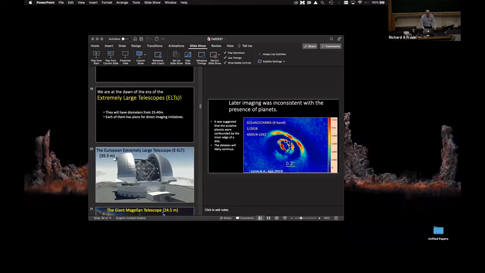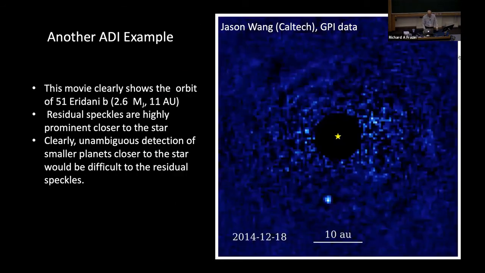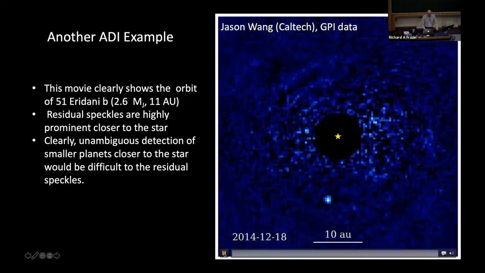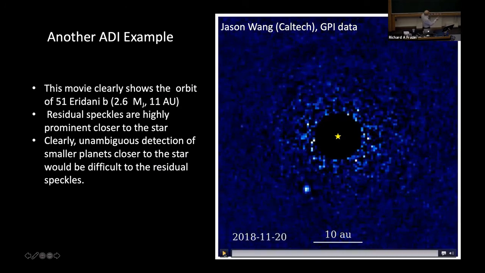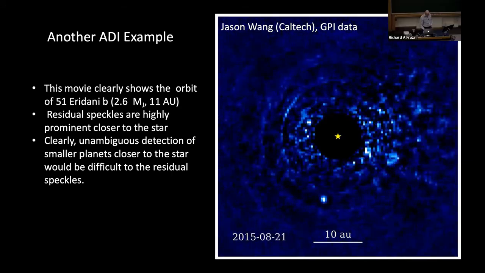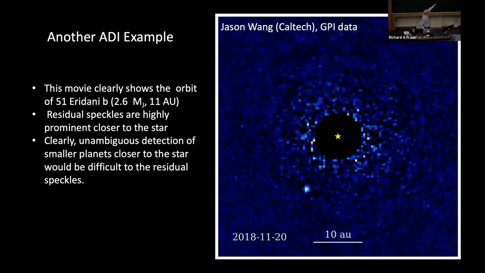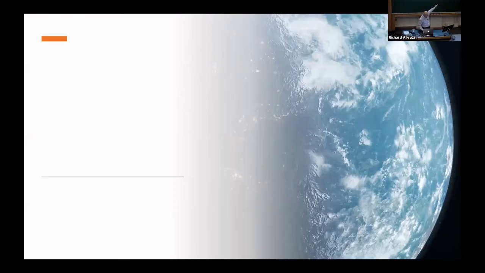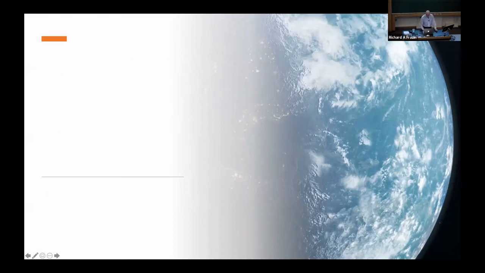Okay, so their idea was that the structure of this inner disk was getting confounded with planets. Here's a movie that illustrates things pretty well. What we see here at the bottom is a planet traversing, and these are all ADI processed images. This planet is far enough from the star that it's detected fairly unambiguously. But if you had a planet that wasn't as bright and that was closer to the star,